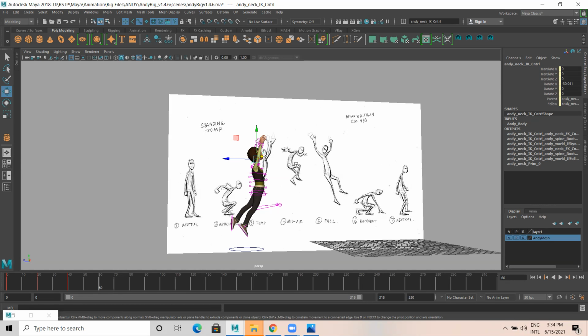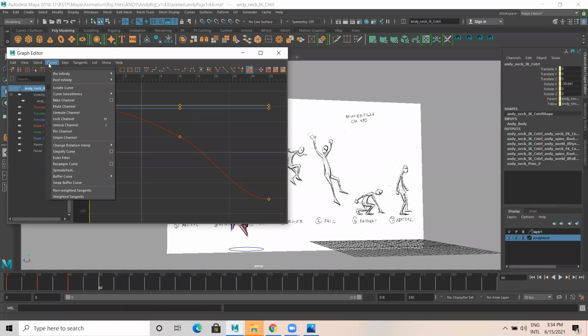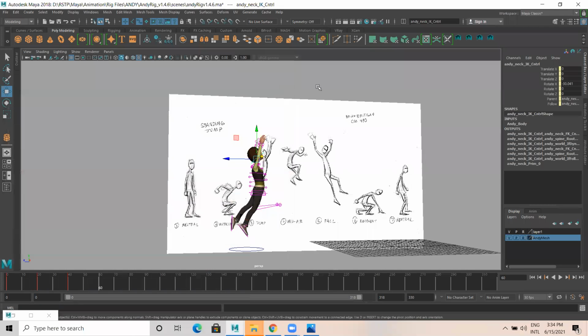So like this, I need minimum 10 poses by next class. Okay. Before that, I showed you pre-infinity and post-infinity under the graph editor, curves, pre-infinity, post-infinity. You practice that. Okay. And poses. Even in the next class also, I'm going to work on poses.